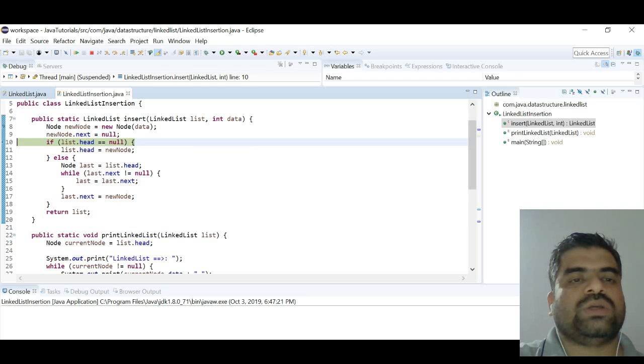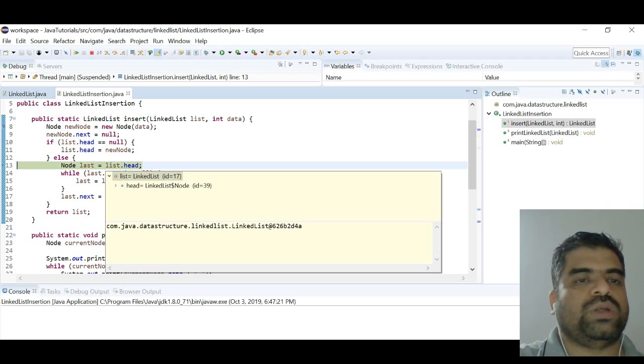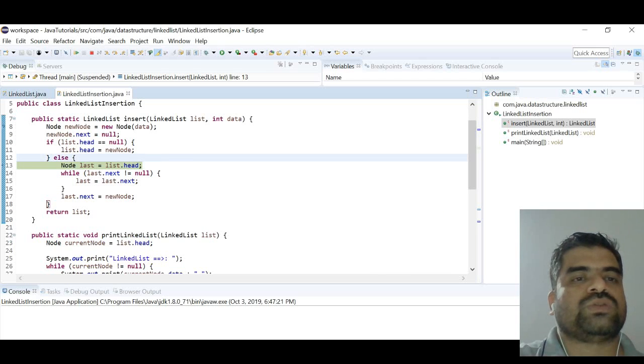Then again we are inserting the second value. What is happening here? In the second case, it will create the new node. So here you can see that the data is 2. Then it will check whether its head is null or not. Because it's not null, we already inserted the value 1, this condition will become false. It will go to the